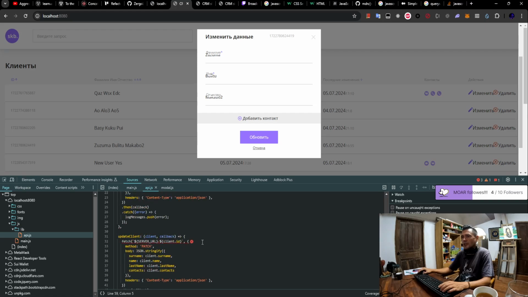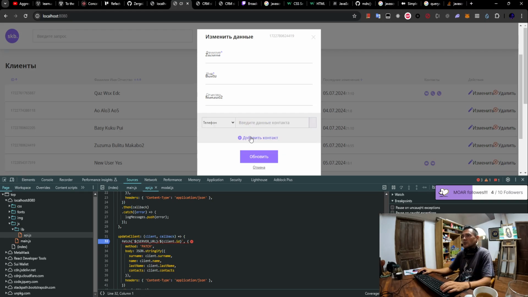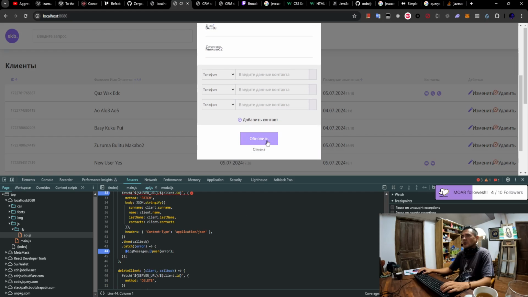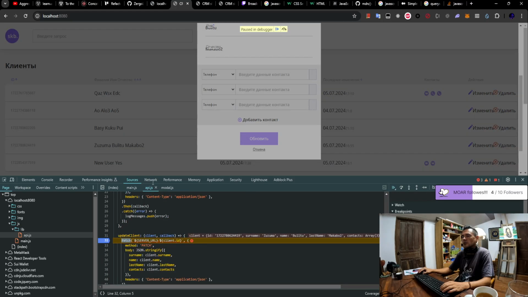So I can directly switch to update client, and I can set up a breakpoint here, and so yeah, I wanted to add some more context again, and I wanted to catch this log message actually. Yeah, so there's fetch,